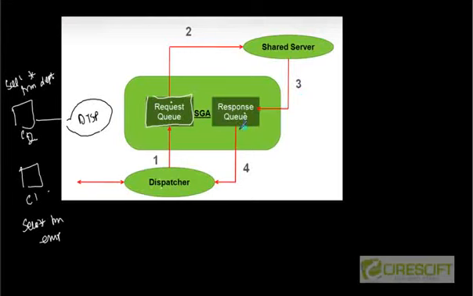queue. Okay, and then let's say for example there is a client 1, client 2, these are the requests, like somebody is sending select star from EMP, and somebody is doing select star from DEPT. All those commands are there in the request queue. Whenever the shared server is free, he is going to take the commands, execute, and then the returned result is going to be put in the response queue. Let's say R1 and R2 and so on, its answer. So all these dispatchers are going to poll this response queue, and whenever their results come back, they are going to get the result and return it back to